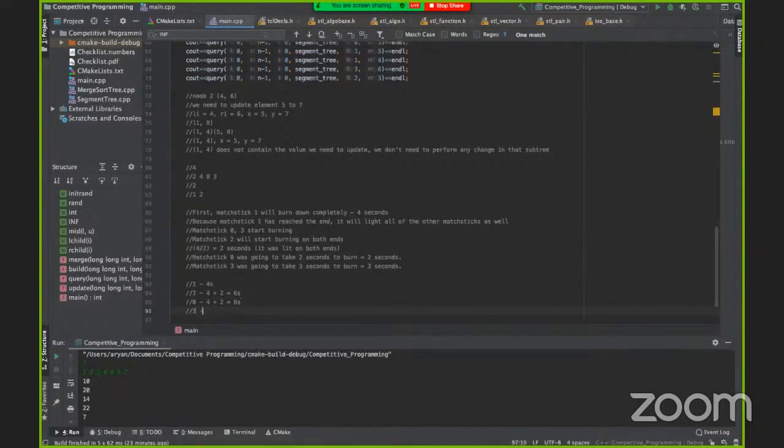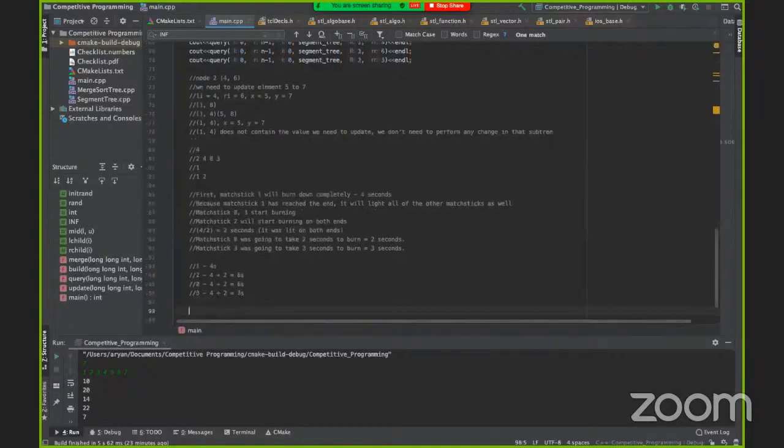And matchstick 3 burnt in 4 plus 3, which is 7 seconds. So in total, it took 7 seconds to burn all of the matchsticks, right? Is that clear to everyone?